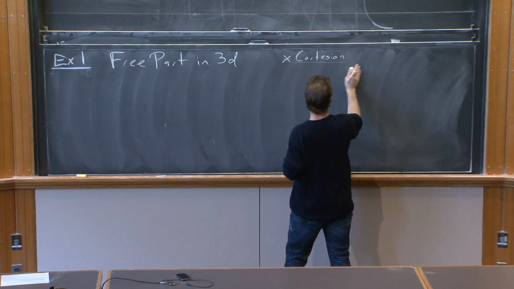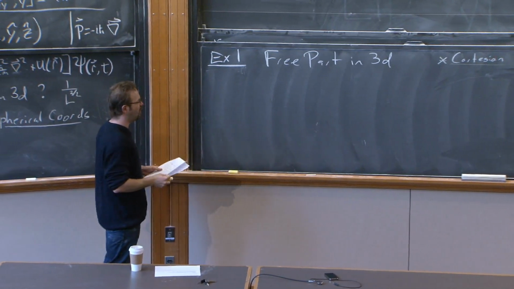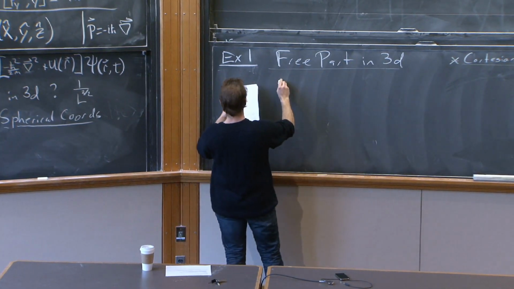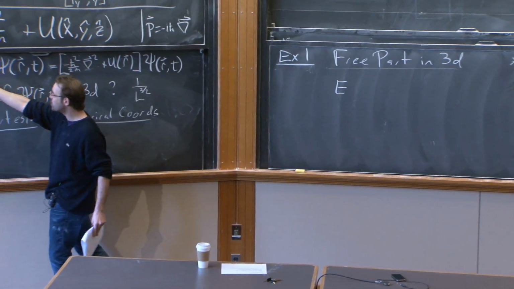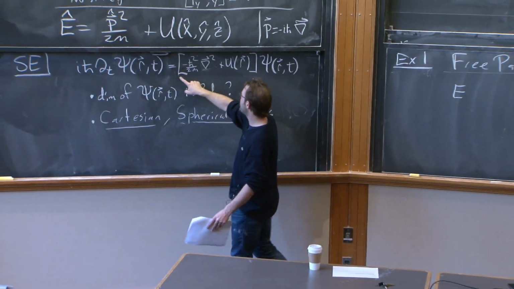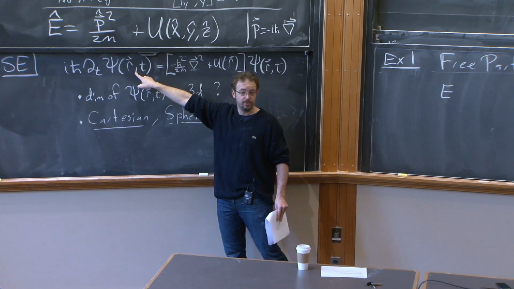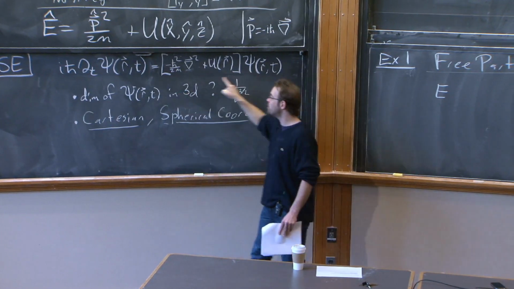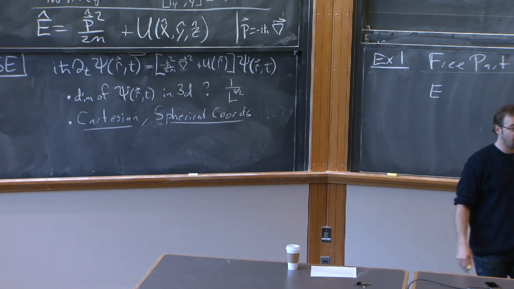And a fun problem is to repeat this analysis in spherical coordinates, and we'll do that later on. OK, so free particle in 3D. What does the energy eigenfunction equation look like? The Schrödinger equation has exactly the same structure as before. It's a linear differential equation. So if we find the eigenfunctions of the energy operator, we can use superposition to construct the general solution, right? Exactly as in 1D, I'm going to construct first the energy eigenfunctions, and then use them in superposition to find a general solution to the Schrödinger equation.